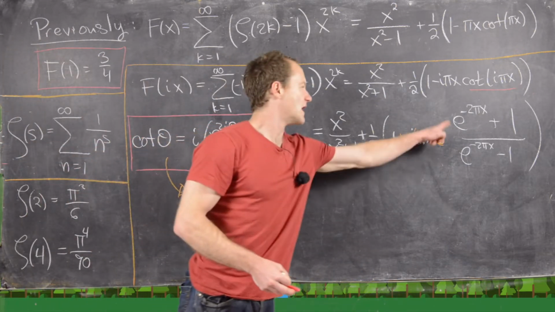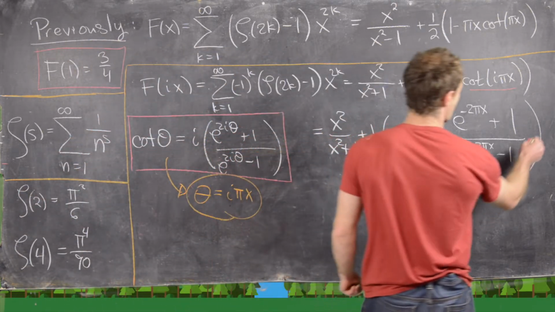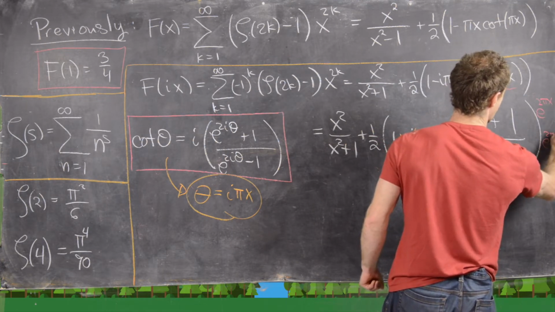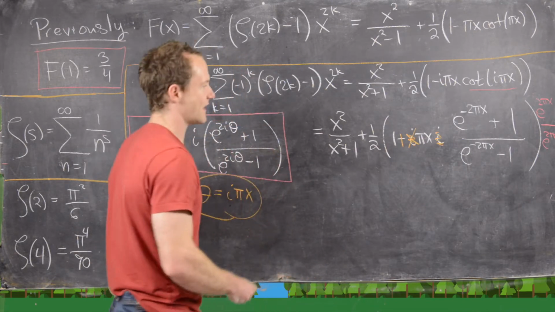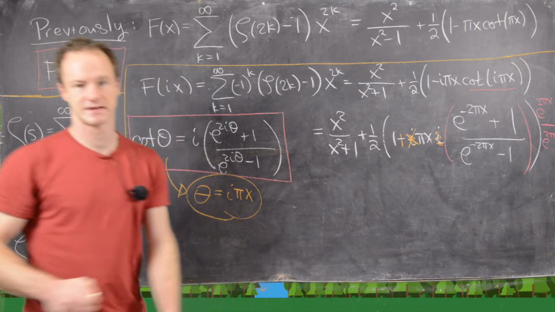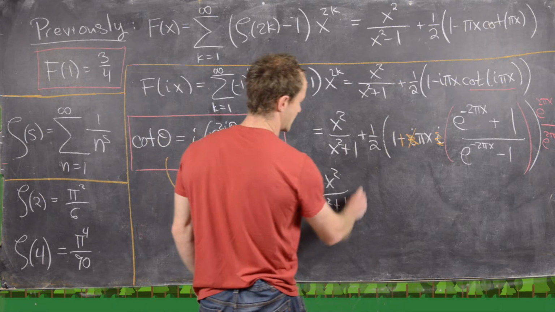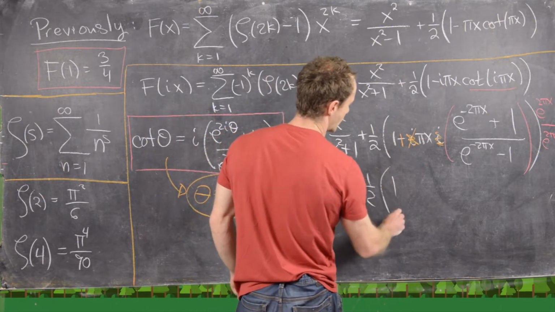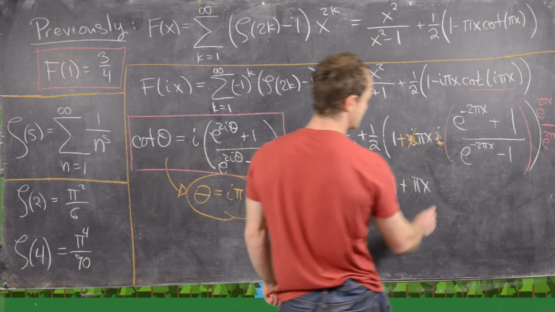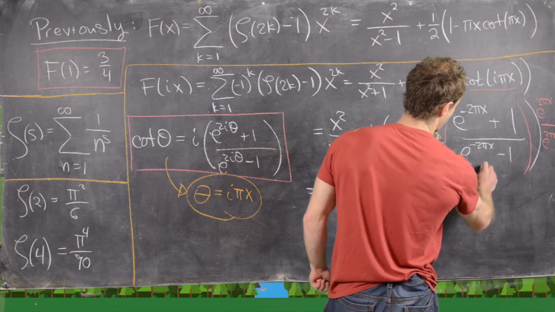And then maybe this thing is a little bit awkward because we have these negative exponents. So let's go ahead and multiply by e to the 2 pi x over e to the 2 pi x in order to simplify that. And I should say we're only multiplying this term by that. So that's going to give us x squared over x squared plus 1 plus half, and then 1 plus, so we have pi x still, and now this is going to be e to the 2 pi x plus 1,